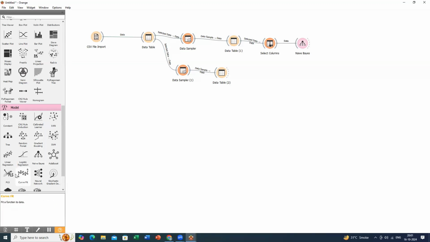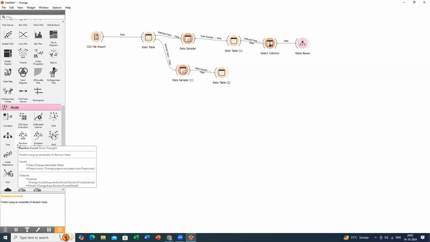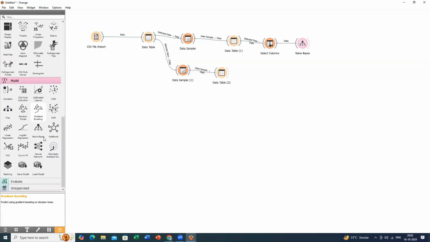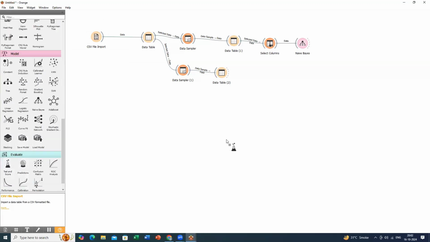Now we have to test the column. In Naive Bayes, visualization of results is not possible, so we can use the testing values directly. So I use Test and Score here, and I have to connect